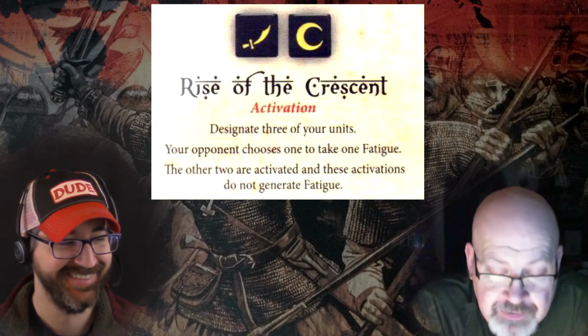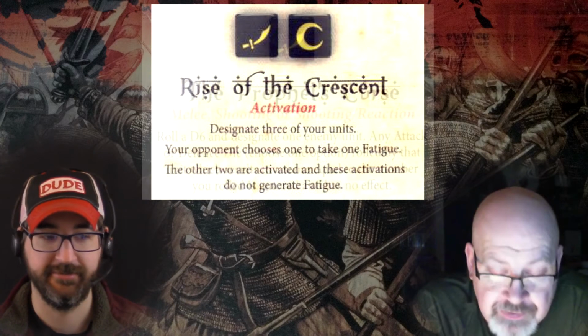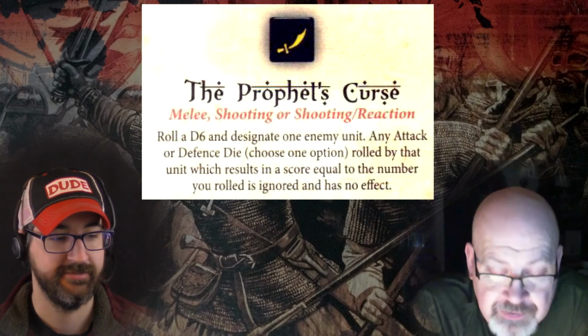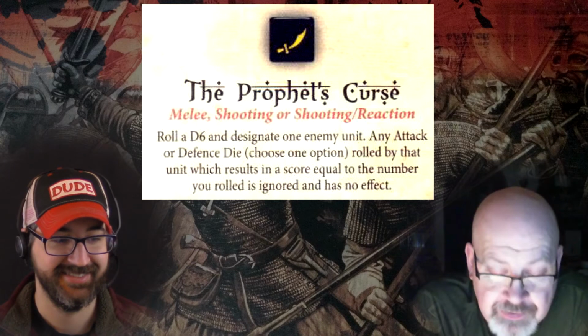Yeah. Okay. All right. So you want to move down to the Prophet's Curse here? Okay. This is one of the more useful abilities on the Saracen board. And something we haven't mentioned yet is the Saracen warband. It's a bit of a gambler's warband. The shtick. Yeah. So if there's any Kenny Rogers hanging around,